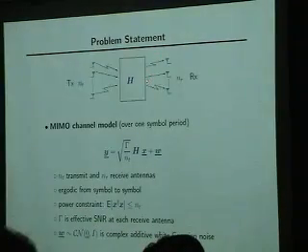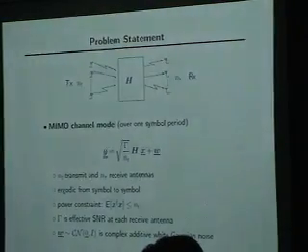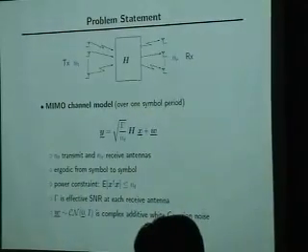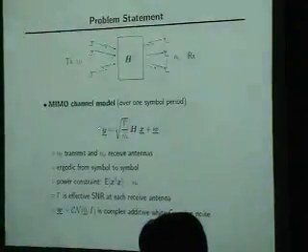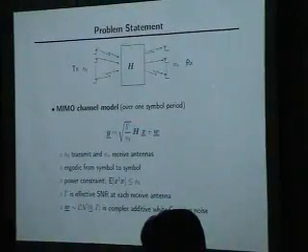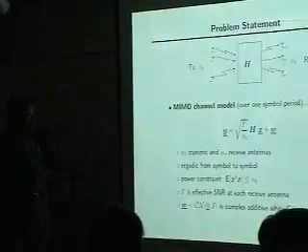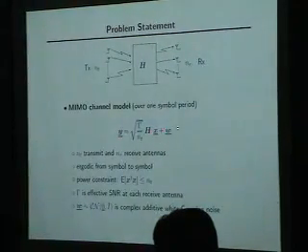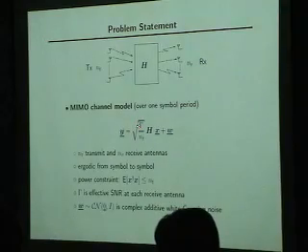NT transmit antennas, NR receive antennas, and there's the channel matrix that connects them. And we're going to look at a situation of flat fading. This is the simplest model for fading, non-frequency selective fading. And we're going to look at the channel over one symbol period with the assumption, of course, that the variation from one symbol to the next is stationary and ergodic. So we can focus on one symbol period. And Y is the output, X is the input, W is additive Gaussian noise, H is the channel matrix. And here, this gamma represents a signal-to-noise ratio at